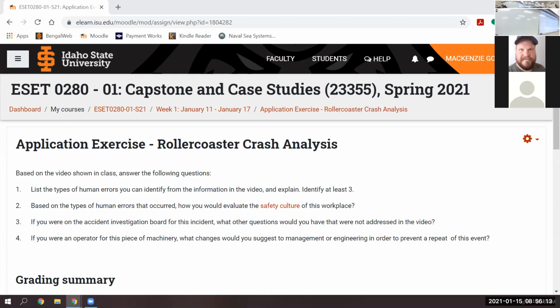Alright. If you're an operator for this piece of machinery, what changes would you suggest to management or engineering in order to prevent a repeat of this event? Well, obviously, it should have talked to the engineers. So probably, like, a checklist. Like first you have to clear it with the engineer, then you have to clear it with your supervisor or something. Oh yeah, or actually, the operator's written procedure